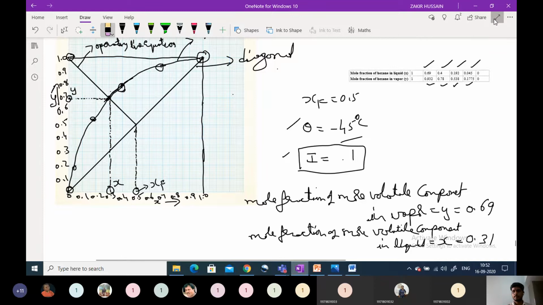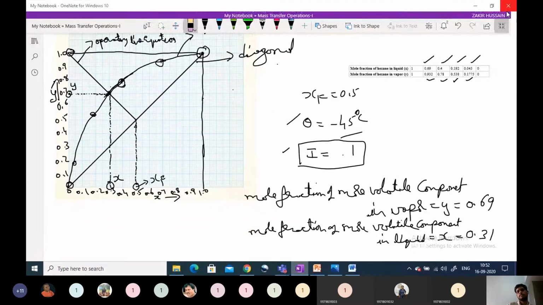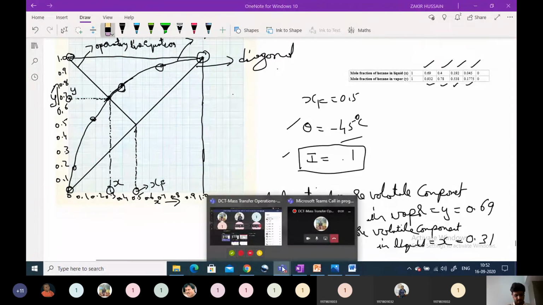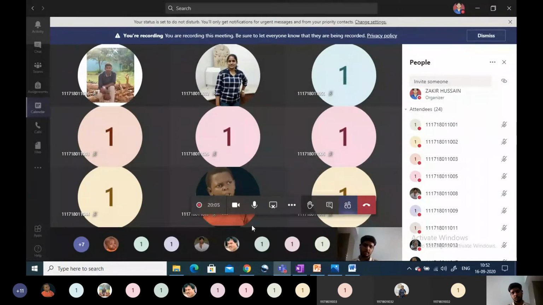Okay, you have any doubt? Nobody is responding. Next unit, in the next third unit, it is very important to evaluate this operating line equation. More than two operating line equations will be involved. We have to change the operating line equation. So this is a simple, single operating line equation. If you understand this one, it will be very simple in the next unit.